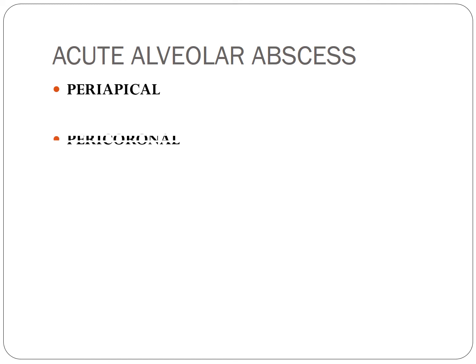So now we talk about some pathologic conditions that are seen in the oral cavity. The first is the acute alveolar abscess. It is manifested as the periapical abscess, pericoronal abscess, and periodontal abscess. I'm sure you are aware of all these terms, so I need not go into it.